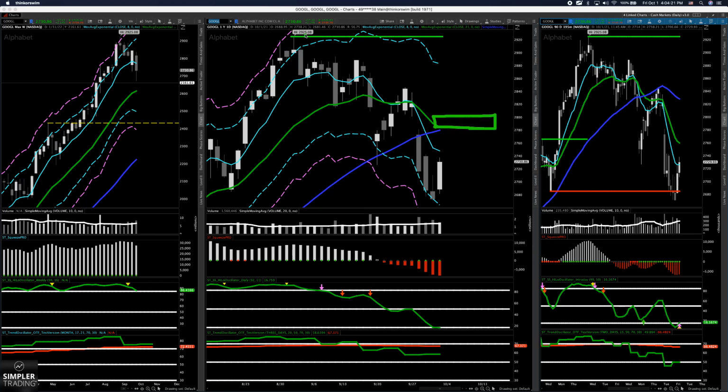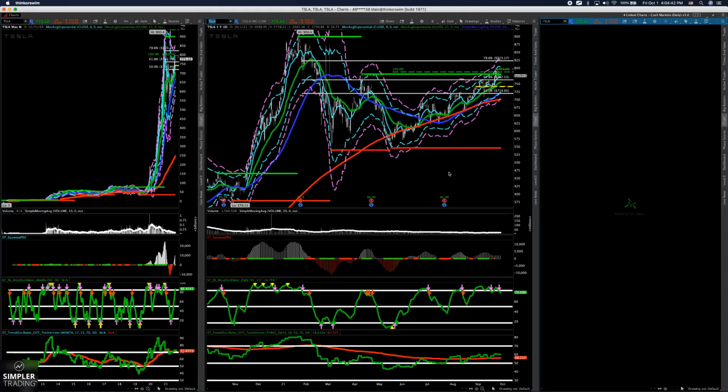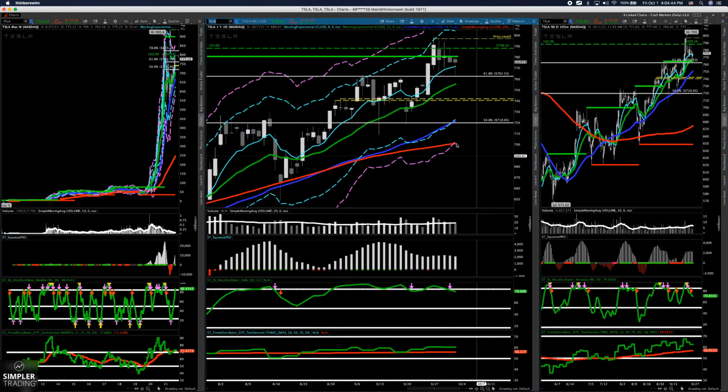Can you even test this trend line right there, which would be right around the level that I just gave you? Absolutely. You have the warning, the early buy signal here. So I do think that Google is a really interesting way to play it. Another really interesting way to play it, because it has been such a champ, is going to be Tesla again. So we mentioned Tesla last week, and Tesla continues to really trade extremely well, even though it closed red today,